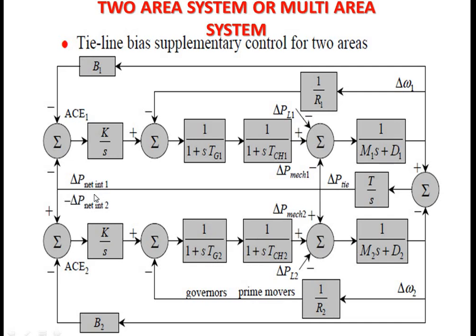Del P, the interchange in power with respect to area 1, and we are adding these two errors. So we are considering that as the area control error for this area 1, and this is going to be an input to the integrator block, and we all know the integrator has to maintain a negative sign. The purpose of maintaining a negative sign in this integrator is to get a positive change in frequency.